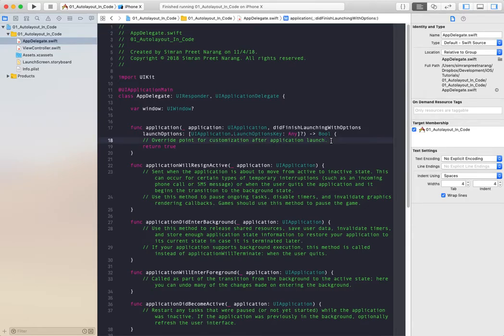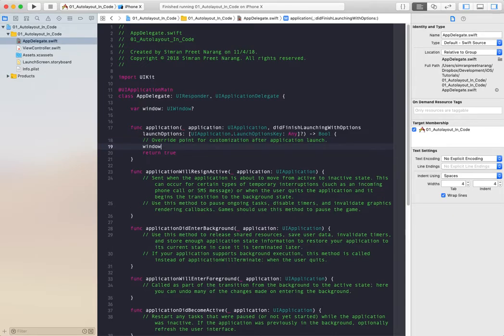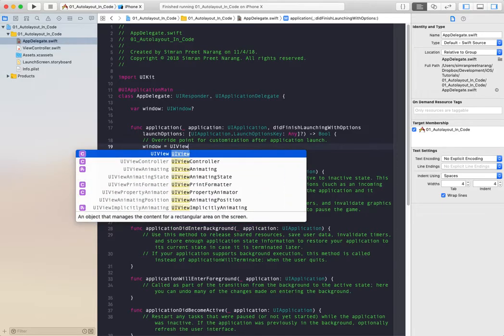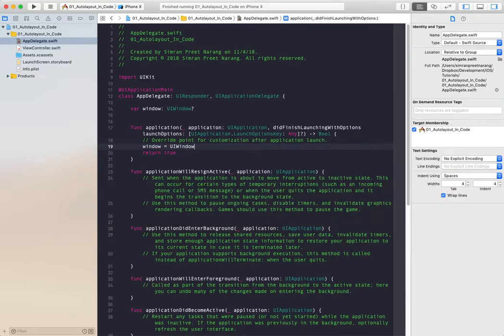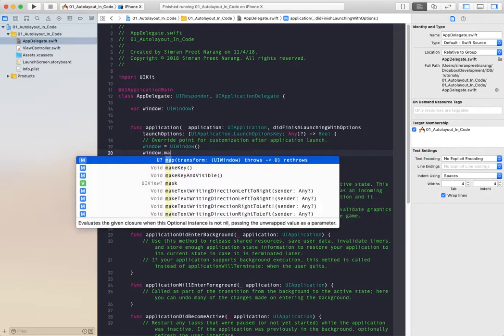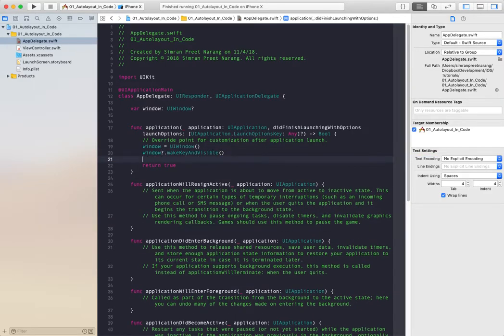The first step that we have to do is attach our view controller as the root view controller of our window. So first we initialize the window, and then we make the window visible, and then we attach the view controller that we want to show as the first view controller to the root view controller of the window. So now if we run the app,